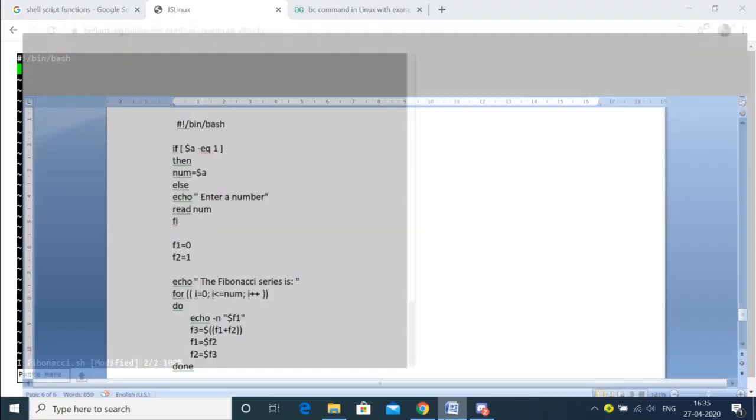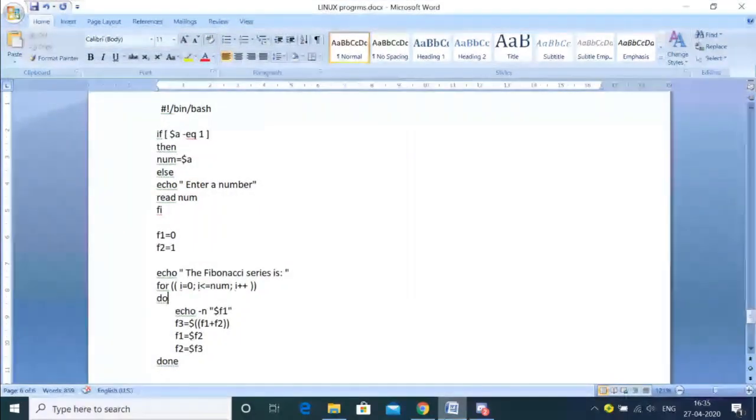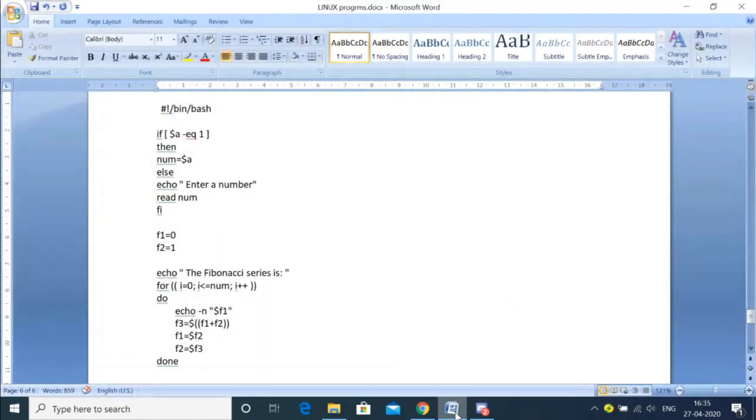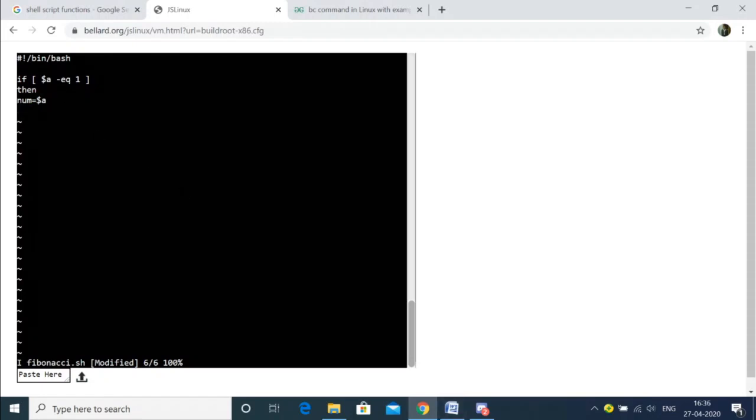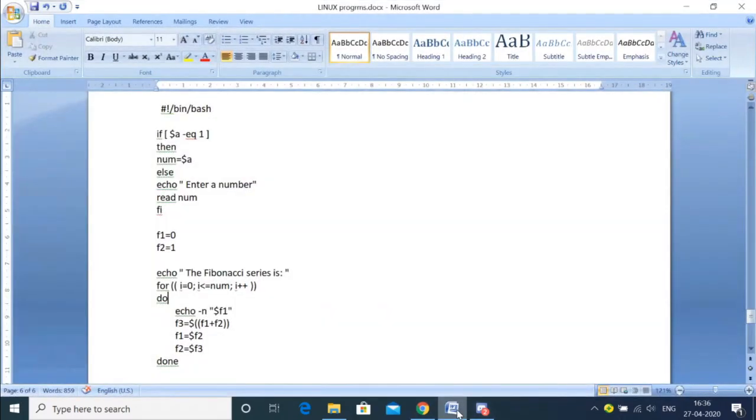Yes, so let me try to write it the same way because it's an already tested program. Suppose we have only one term, then we can't help it. Then we have to print only that term. Okay, so let's say if that term is equal to one, then what will happen? Then we have to print that one only. We have no choice. Okay, else